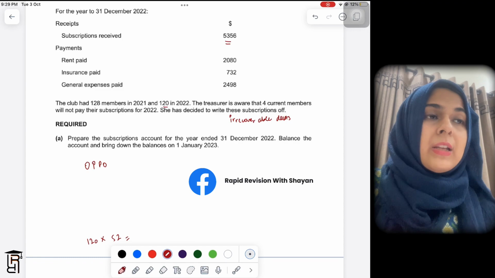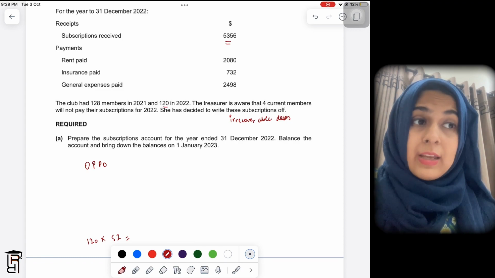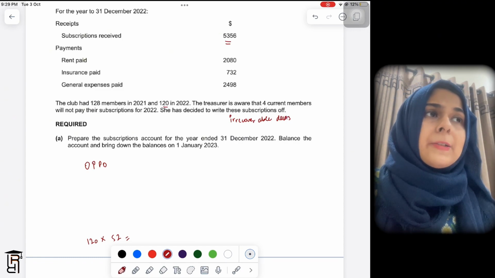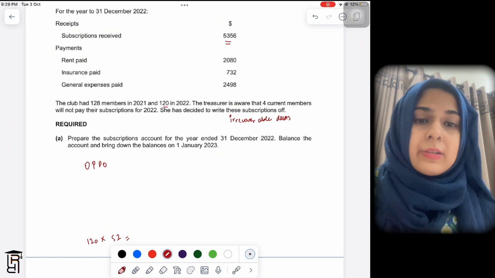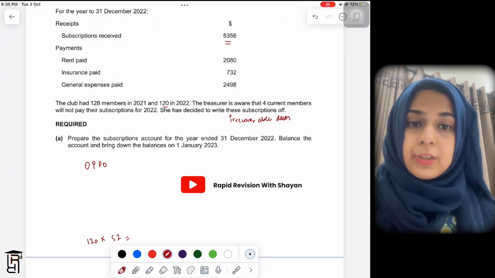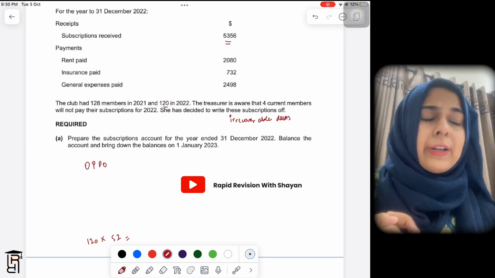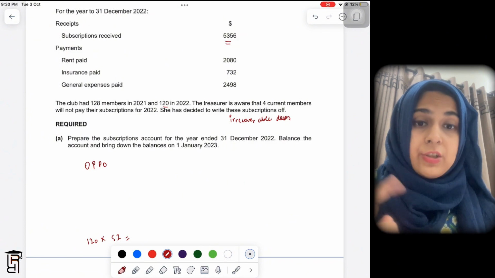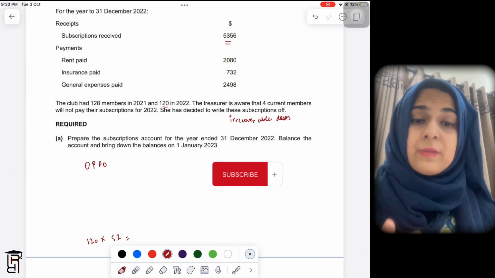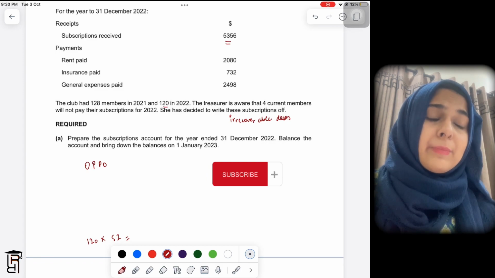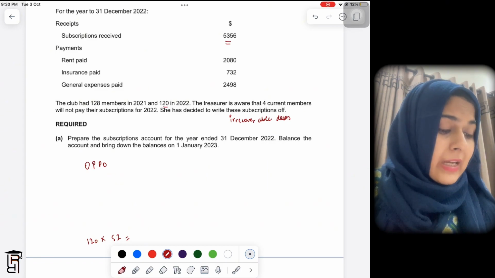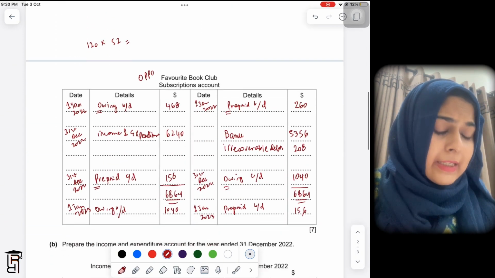Events can be, for example, a race, or a musical night, or some concert, or some competition. That can be one income. And then the fourth option of an income could be donations. If the club receives donations from people, that can be an income. Other than that, normally you don't see any other income,